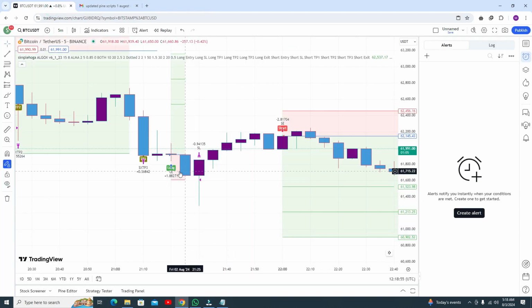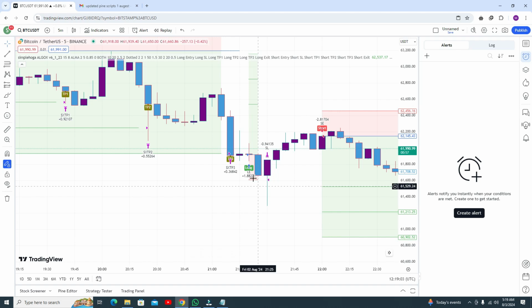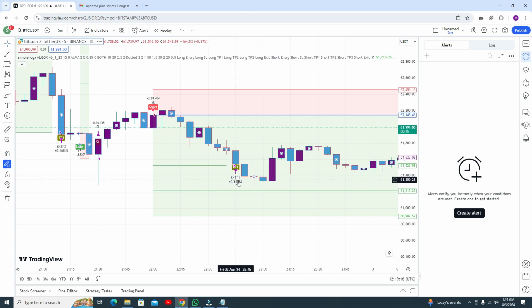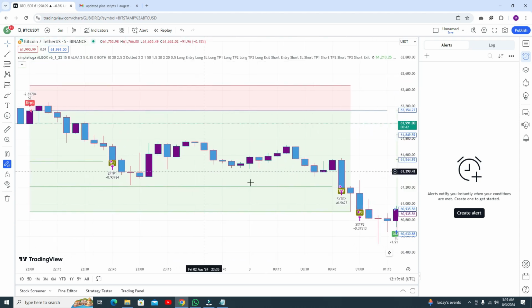So here you can see the buy trade, and this was the stop loss, and in this trade your stop loss is hit. But I will recommend, whenever you go into the buy trade, do not put a stop loss. Just exit your trade at this point and go for the sell trade. You can book your first profit, and your second profit, and your third profit. It will give you three take profits.